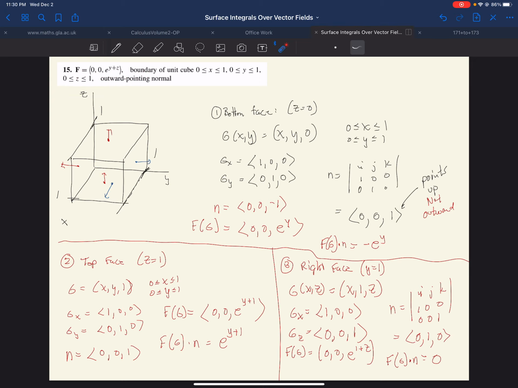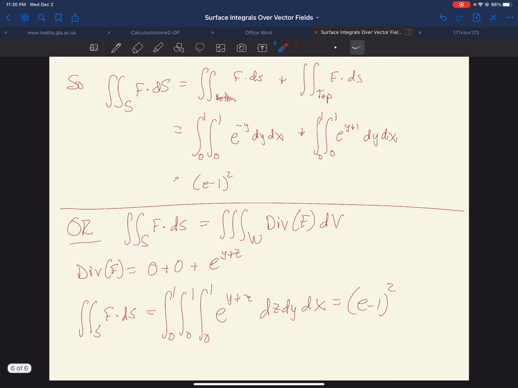So then over here, we said, okay, well, if we want that surface integral, it should be the surface integral over the bottom plus the top plus the left plus the right plus the front plus the back. But those are all 0. So I know e to the negative y, 0 to 1 on y, 0 to 1 on x, and e to the y plus 1, 0 to 1 on y, 0 to 1 on x. If you work this out, it does come out to be e minus 1 quantity squared. Okay,